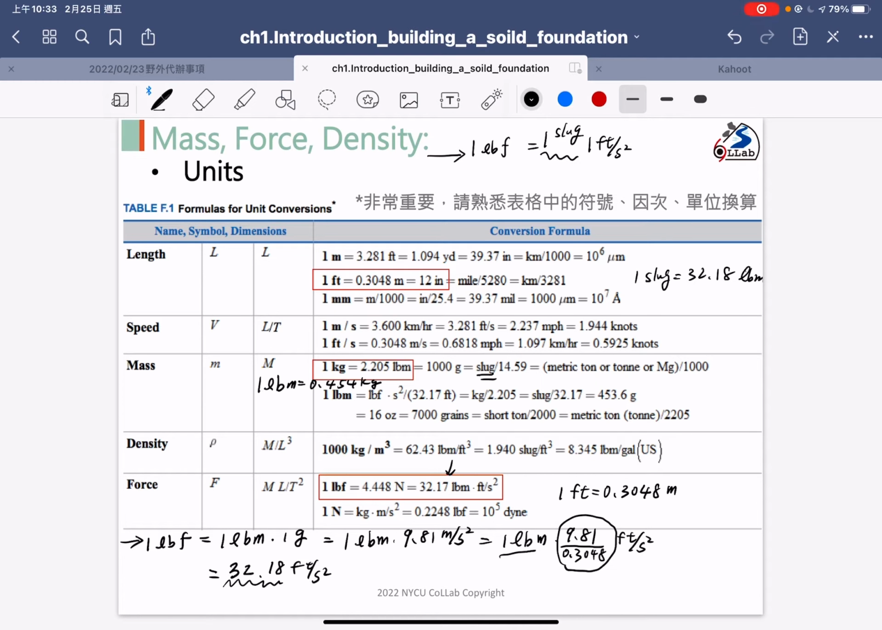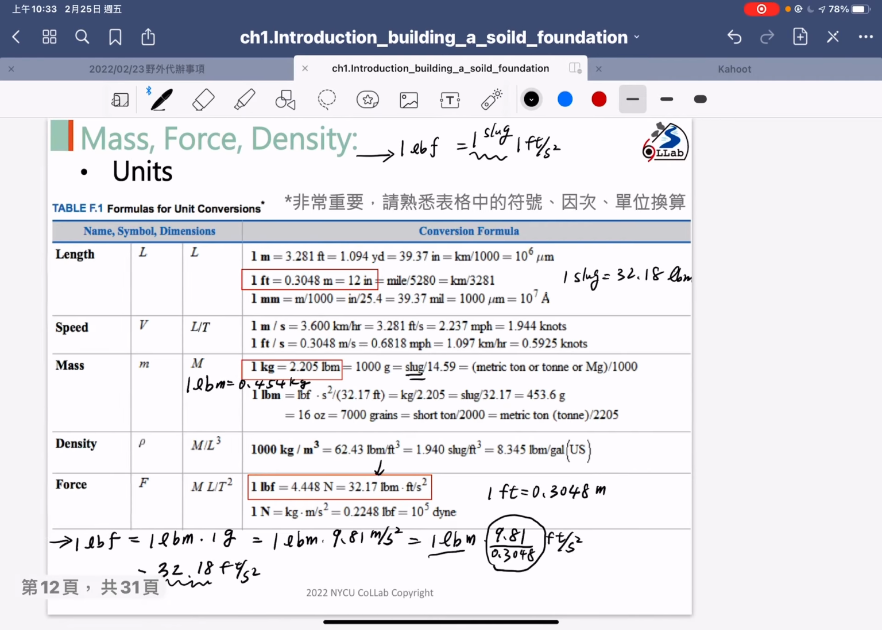Okay, so you need to understand how to convert the unit by yourself, and I always emphasize the unit is quite important for our class. So you need to keep in mind, if you forget something, you can try to practice by yourself based on this table when you go home. Okay, so I just highlighted some important units. Okay, so the next